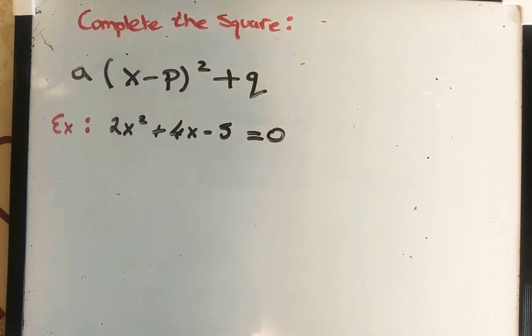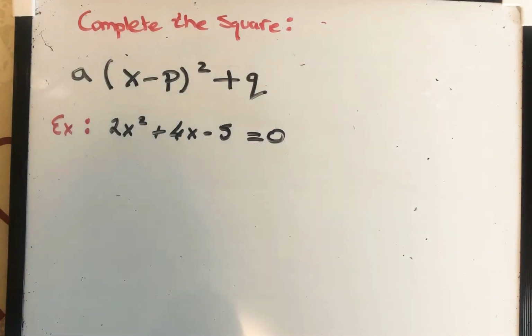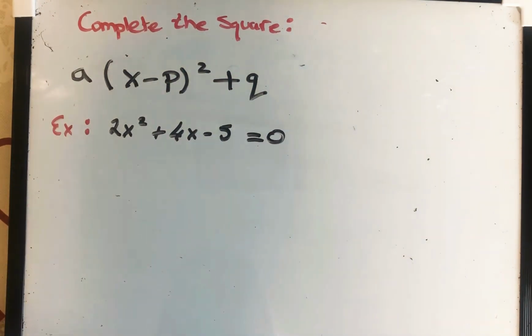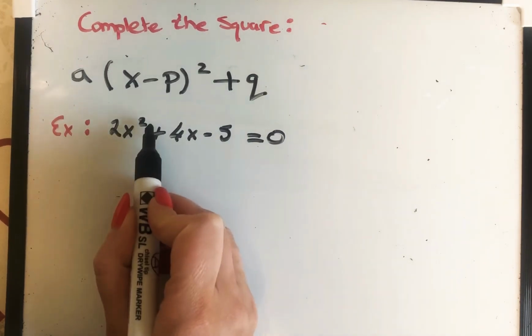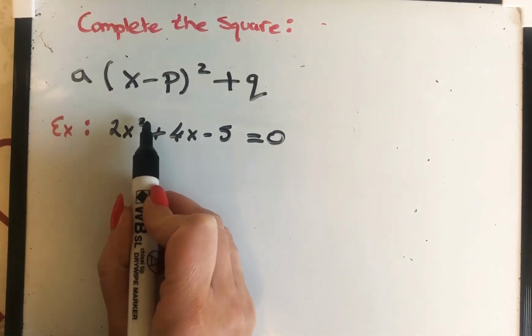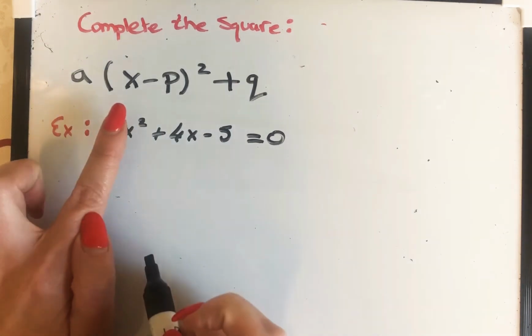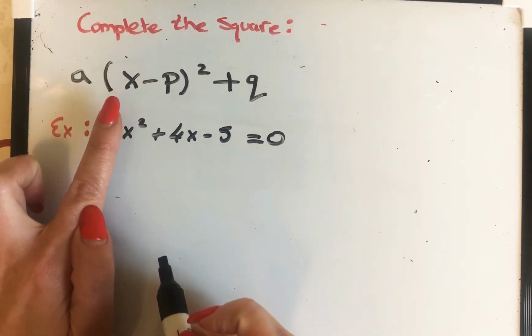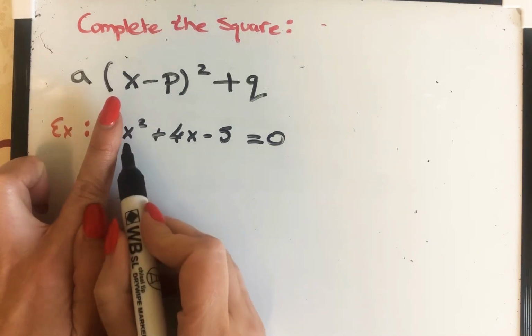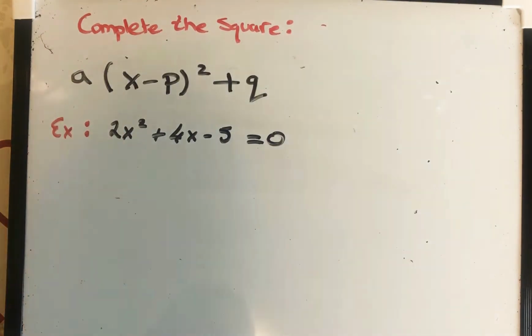In this example, we'll be looking at completing the square. However, if you have not looked at the previous maths video, Complete the Square, I would recommend that you watch that video first. The reason is that in this video we're dealing with a coefficient in front of the x squared, but in the previous video there is no number in front of the x squared, so they're much easier to deal with. So start off by practicing completing the squares without a coefficient in front of the x squared first